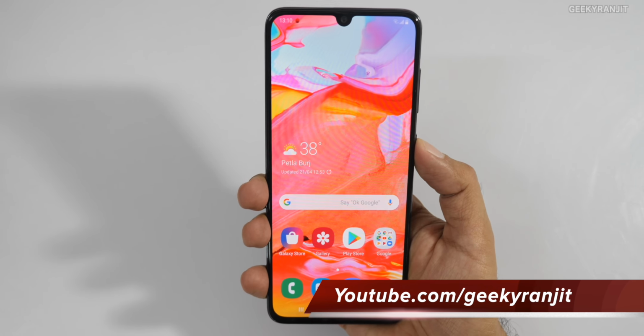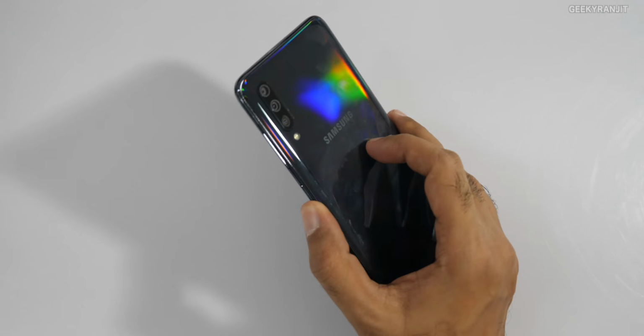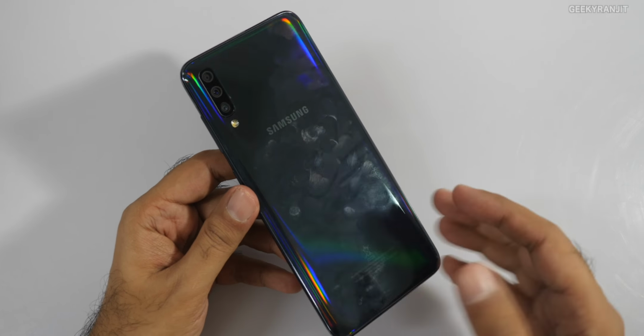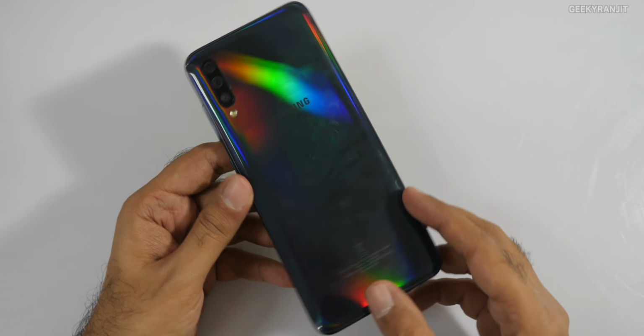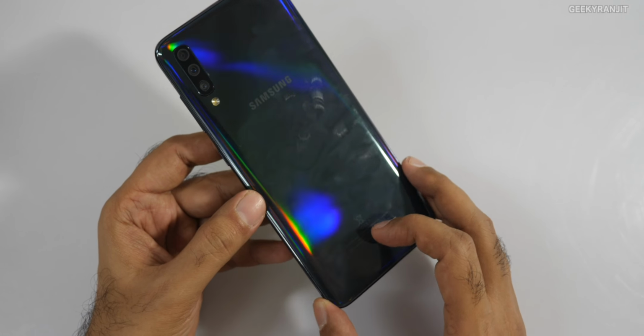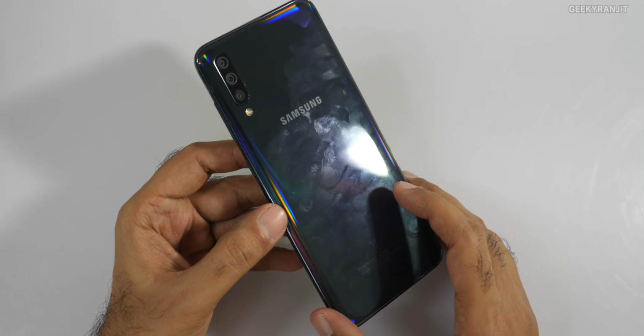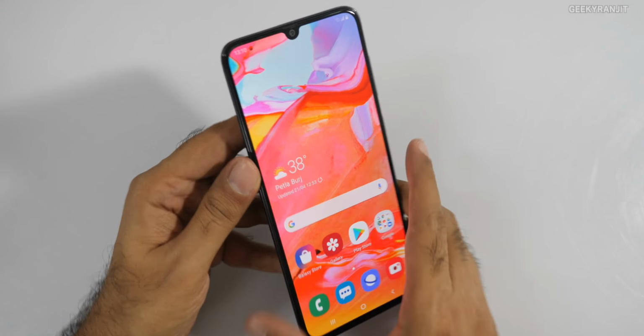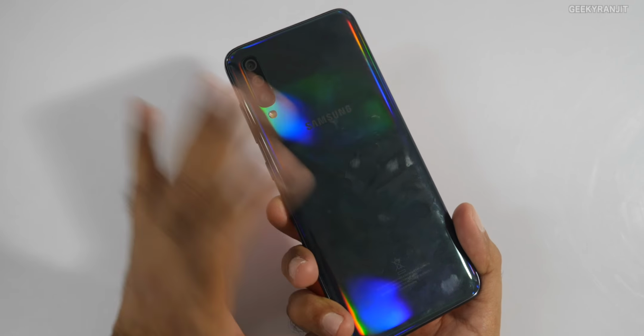And another thing about this device is cameras. Again, they should have gone with a slightly different back. Again, as you can see, yes, if you keep it clean, it looks nice, but again, it's a plastic back and sort of a fingerprint magnet. As you can see, immediately so many fingerprints have come up. So considering the price point of this one, I feel they should have gone with something else rather than this